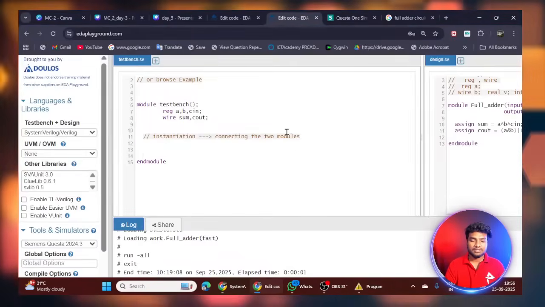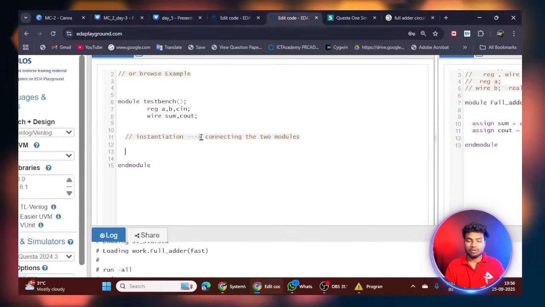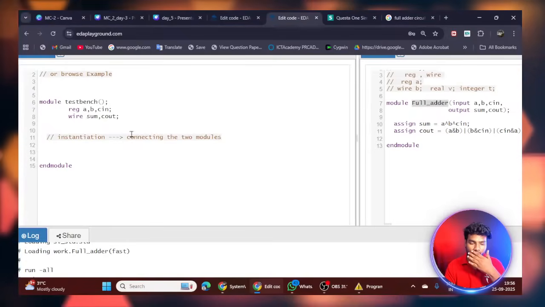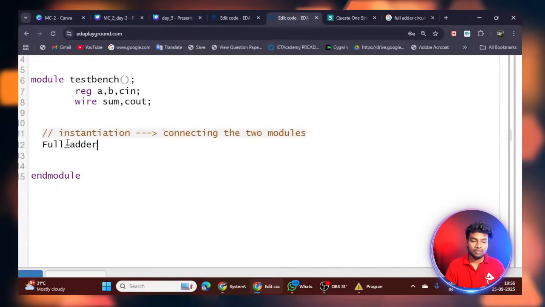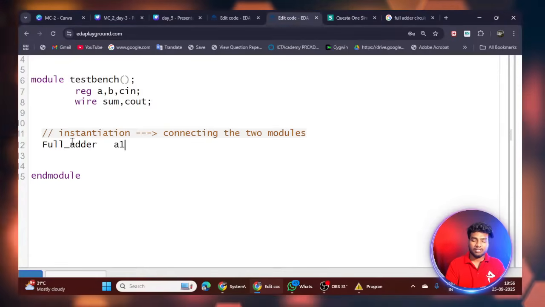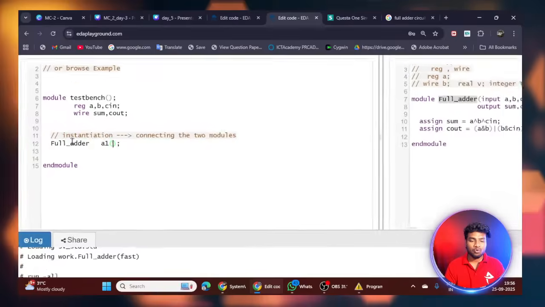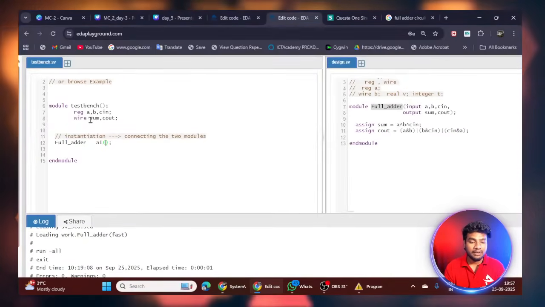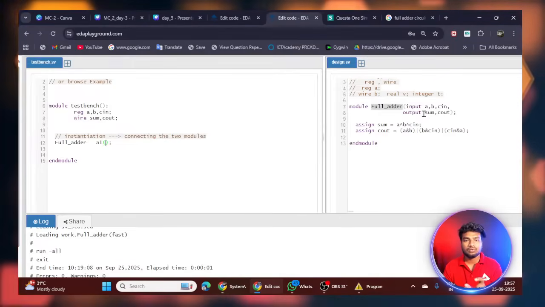How do we do the instantiation? Firstly we write the module name of your design code, and then we give some random name, like an instance name of your instantiation, and then open and close brackets. Then I connect each and every signal. This is my test bench A signal, this is my design code A signal, and I want to connect them together.